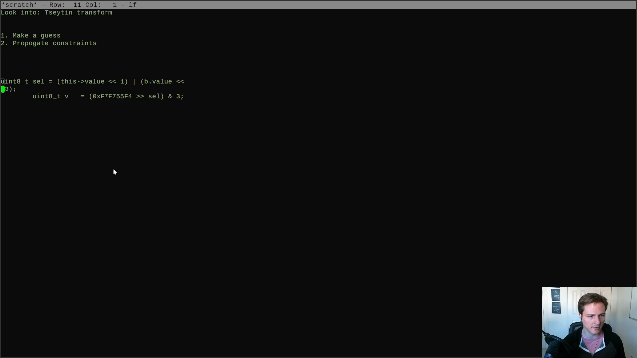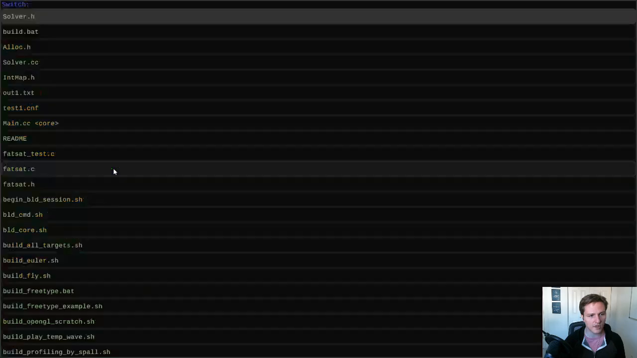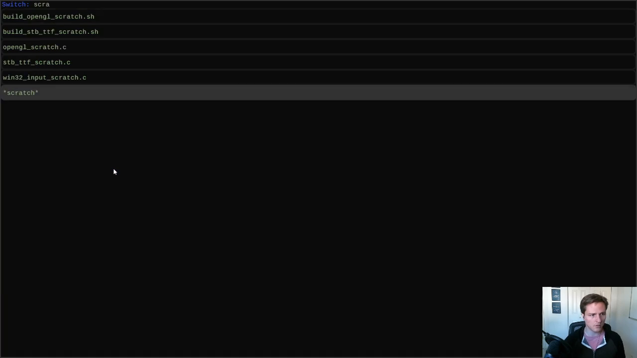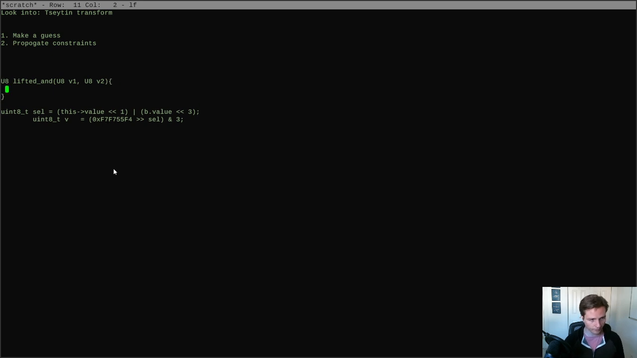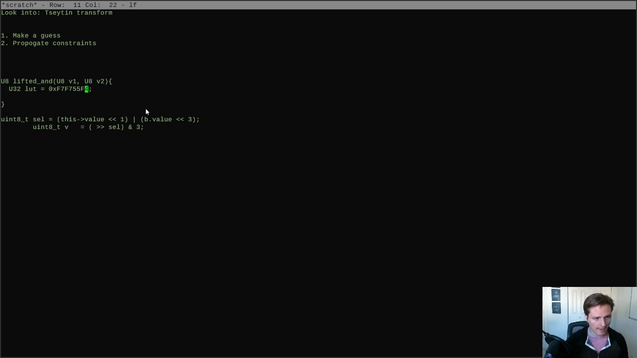translate so I can interpret this. What we're looking at here is we have v1 and v2 as our parameters. This is an implementation of which function? AND. So we're talking about lifted and we're going to output a U8. Okay. We have a lookup table that looks like this. And now we